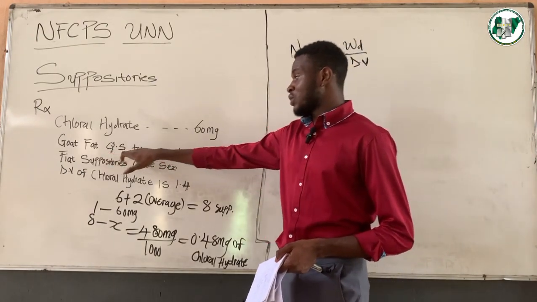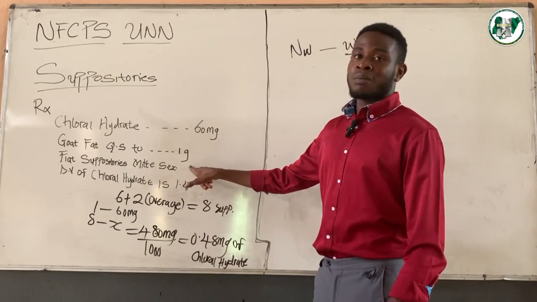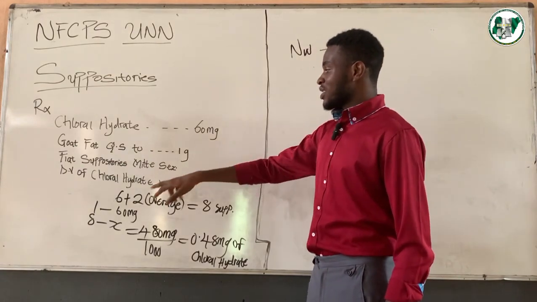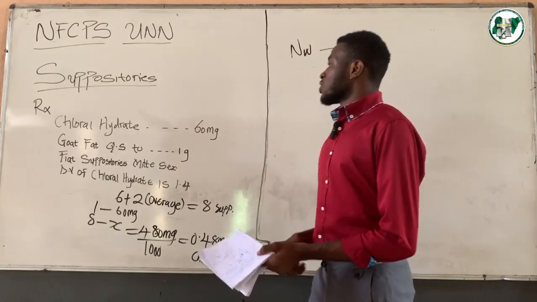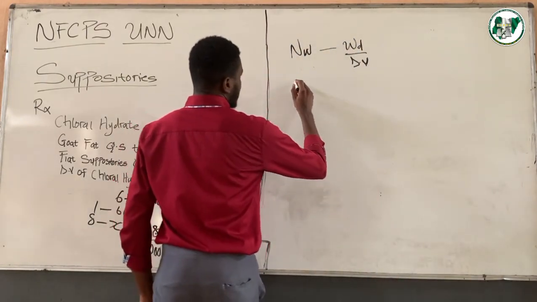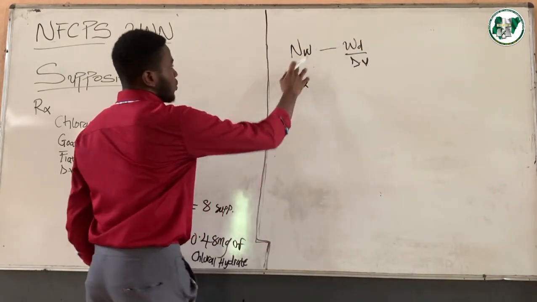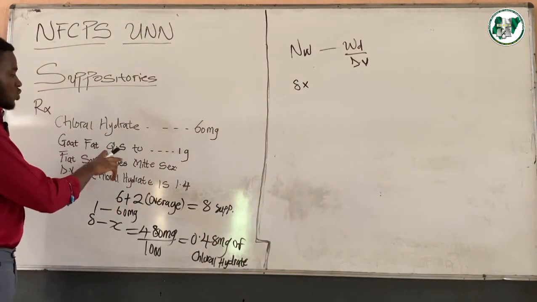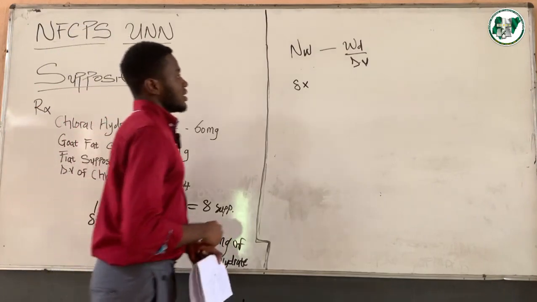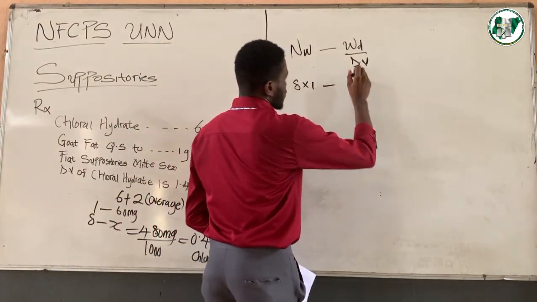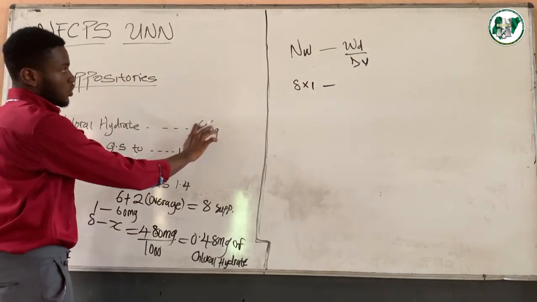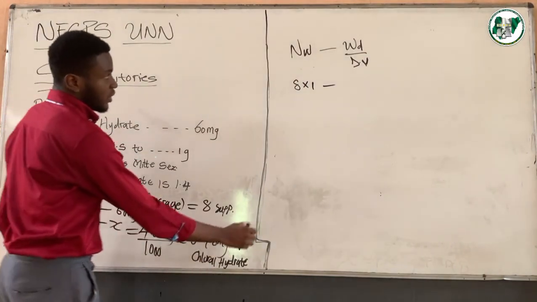For goat fat, the weight of the suppository is going to be 1 gram, and when we use water soluble bases, it's going to be 1.2 gram, right? So the number of suppositories here is going to be 8 multiplied by the weight of our mold. Now the weight of our mold, because this is a fatty soluble base, is going to be 1, right? So we're multiplying it by 1 minus the weight of our drug, our medicament, which is 0.48